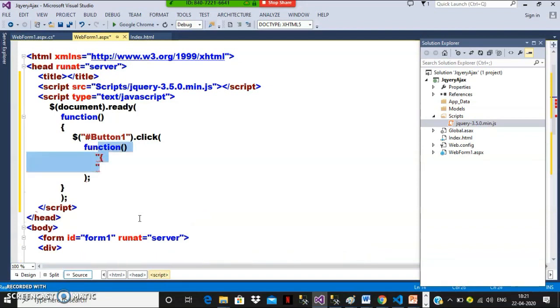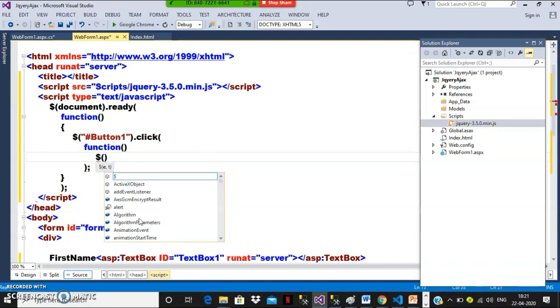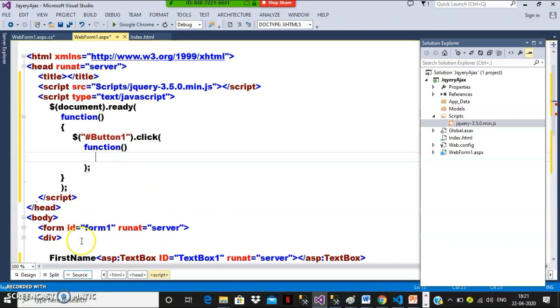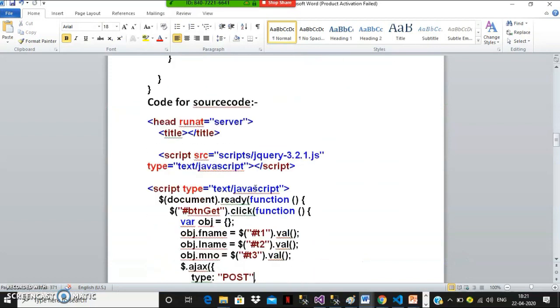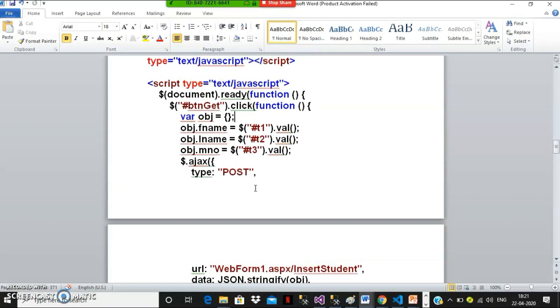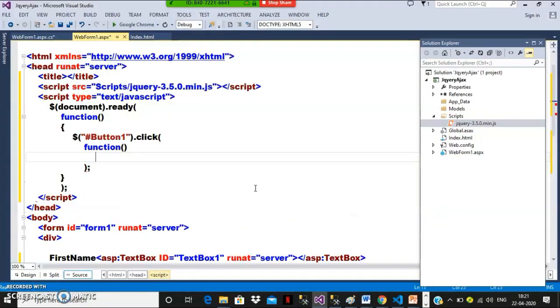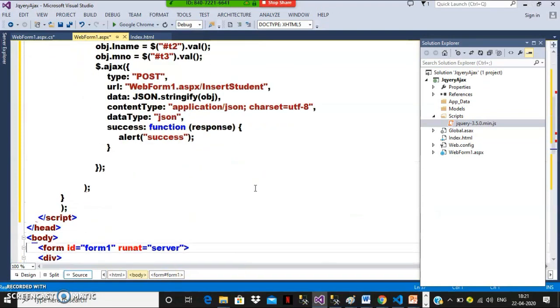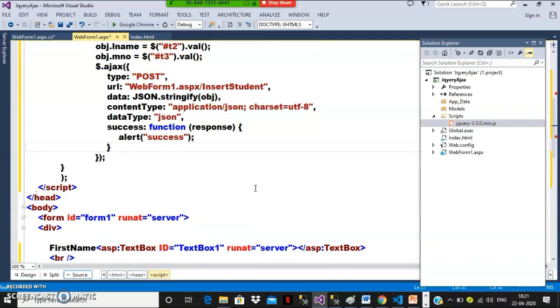Within this, when the user clicks on that button, I want to call an Ajax function. I want to call some Ajax. Let us see what the syntax is for that Ajax. Here I will try to copy paste. Here you have document.ready, button click is there, $.ajax. Now when the user clicks on the button, I want to perform this operation. So I'll just copy this code. To make things faster, I just copied and pasted this code. Somewhere some problem is there. Let us see, anyway, I will rectify it, no problem.